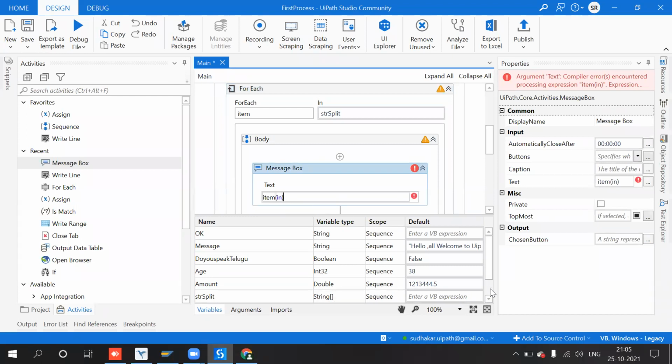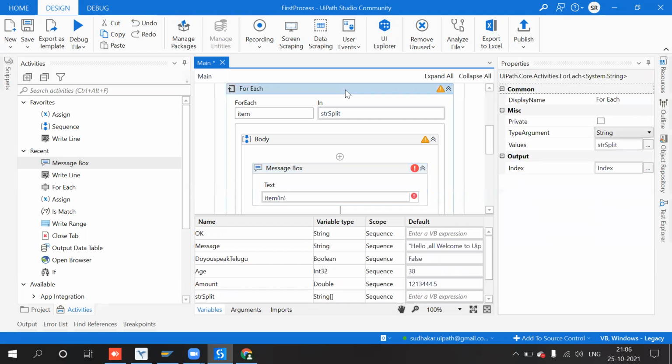Here the index should be, see, I did not create the variable from here. If you create a variable using an assign statement, by default it will be of type string. But whenever you use an activity, and find the output of that activity, it automatically decides the type by that activity. Whatever the output is, we have to use that output only.